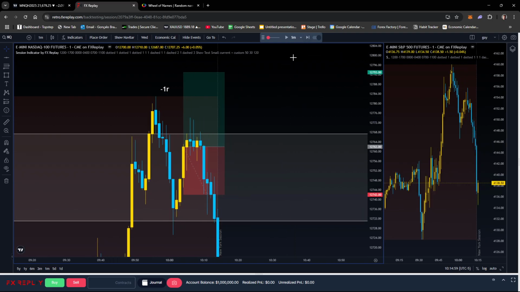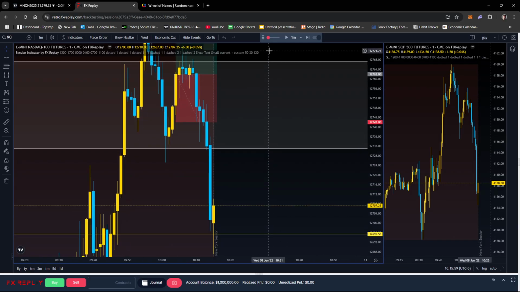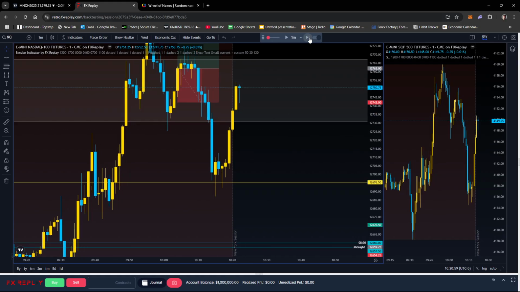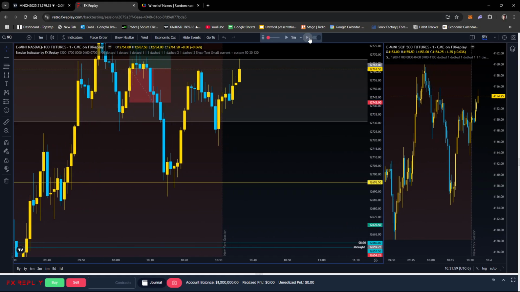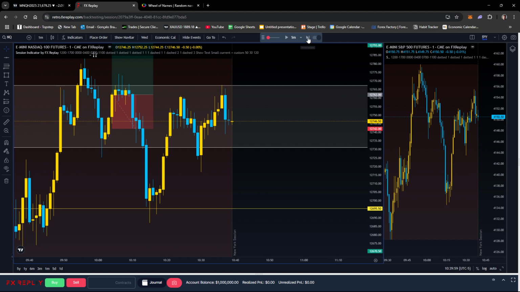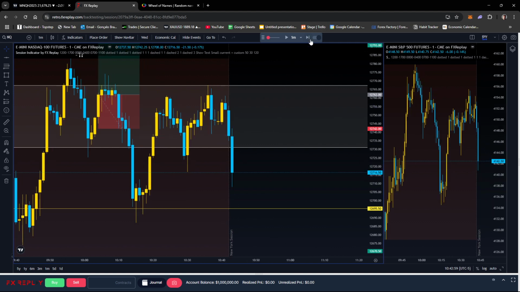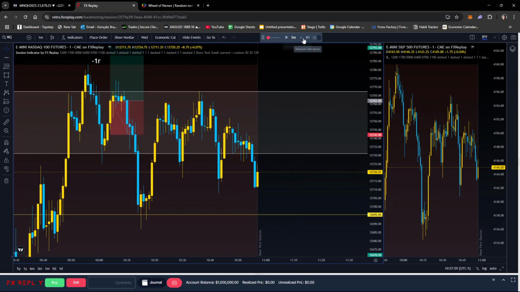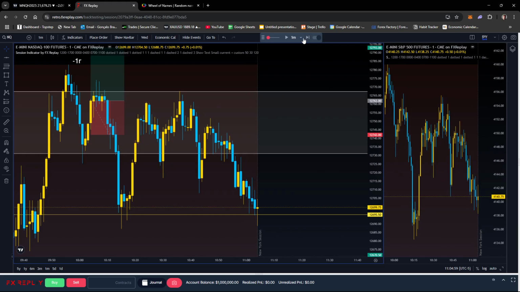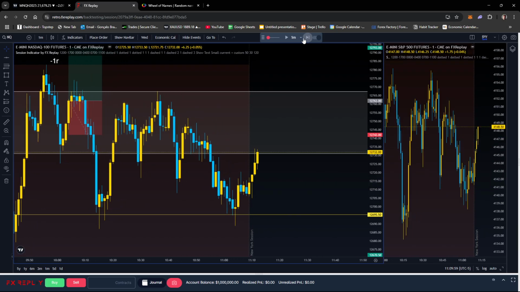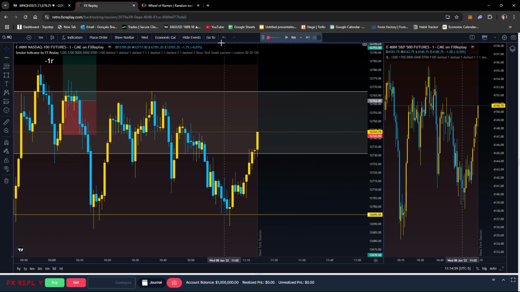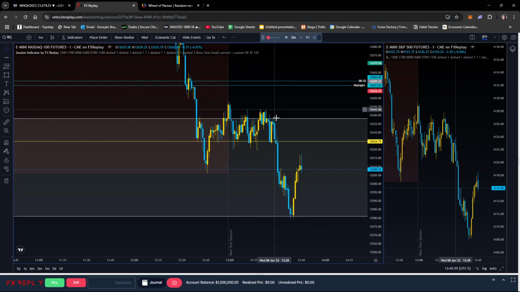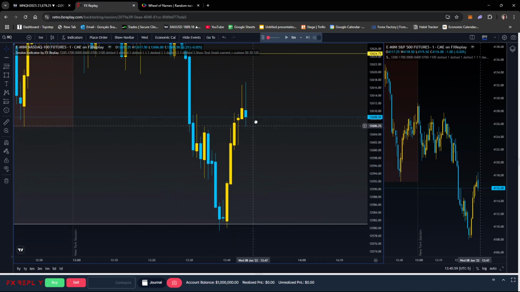Let's see if we get any other opportunities here. I need this to break. This range needs to break. Yeah, I knew it was that low. Nothing left for us today. Let's go to the final PM session. Do we have anything worth taking? Instantly, we see we do have a